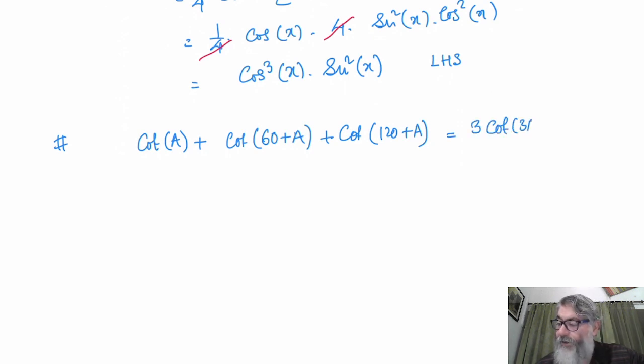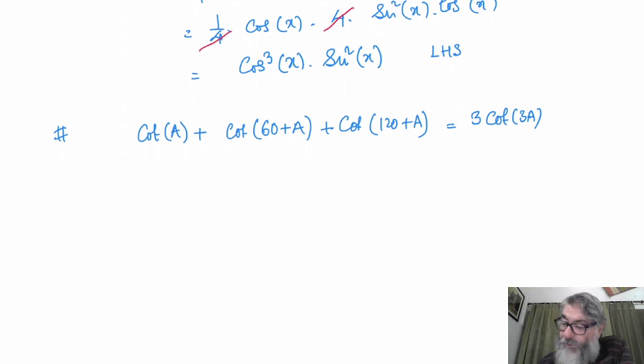Now again, if you look at it, the left hand side is more complicated. The right hand side is very simple, it's only one thing, while in the left hand side I have got 3 terms. So we will start with the left hand side. And how do we start?